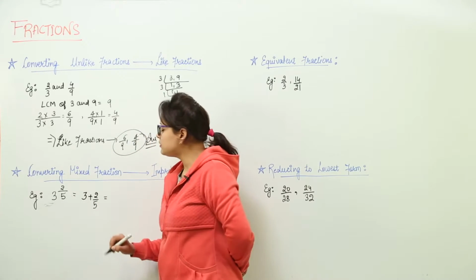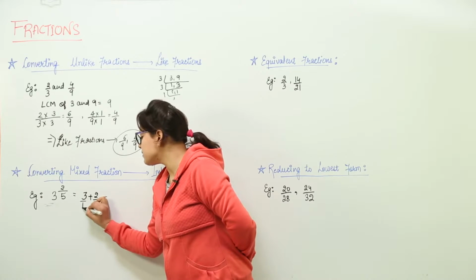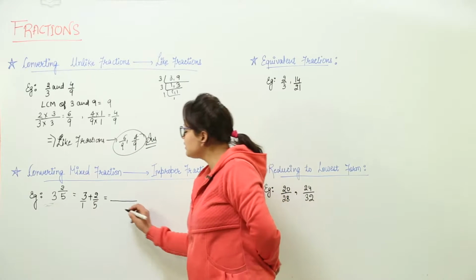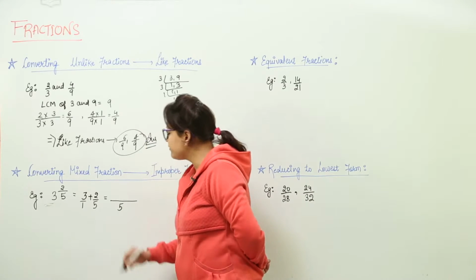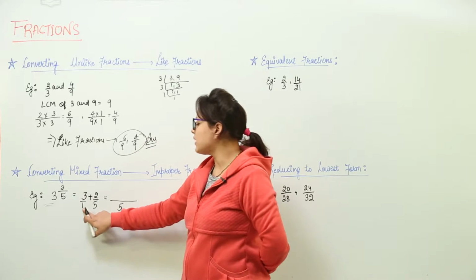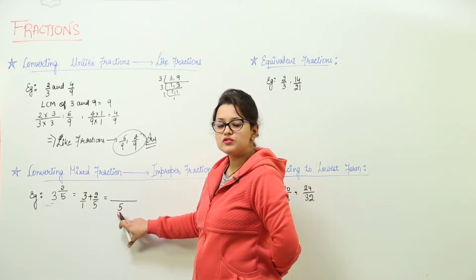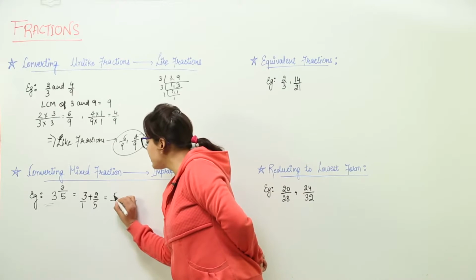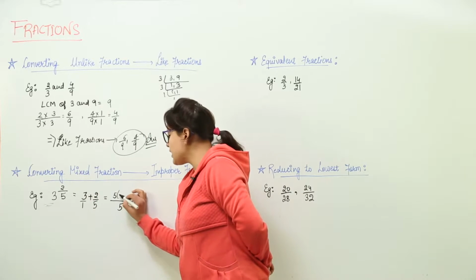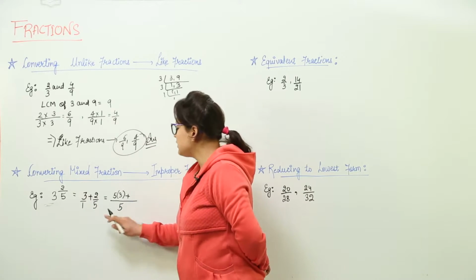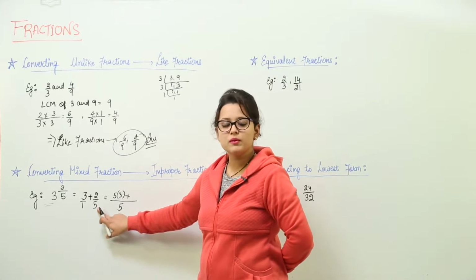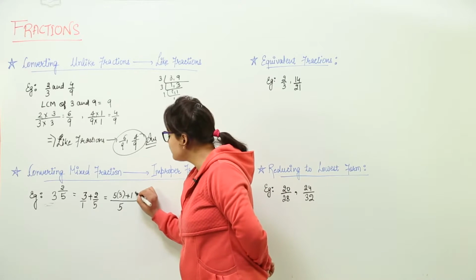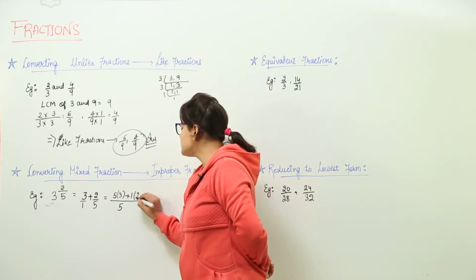Now how will you do this? You will take out the LCM, that is, what is the LCM of 1 and 5? You can take that out. The LCM is 5. Now what should you multiply 1 with to make it 5? We should multiply 1 with 5, that will become 5. So I write 5 here, numerator as it is. Then think about the next one. What should 5 be multiplied with to become 5? We have to multiply this with 1, right? And the numerator as it is.